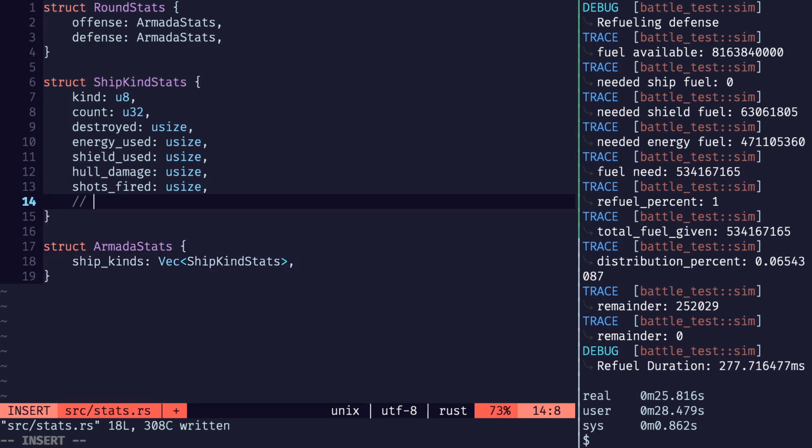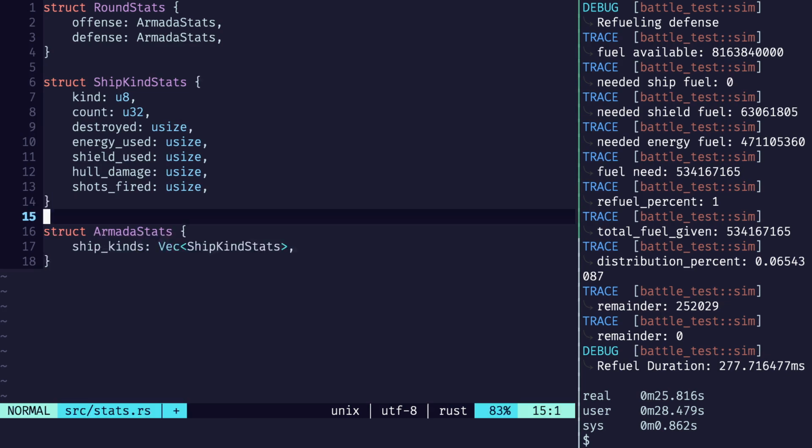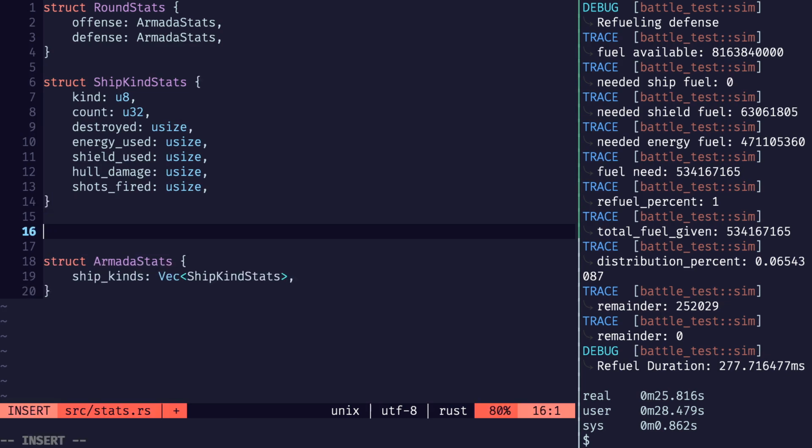I think the one thing that I miss out of this is how many ships did they actually kill? And that's not something that we can track, because a ship being destroyed might have been destroyed by more than one attacker. So right now, what happens is a ship attacks, the energy goes into a pool, the pool gets applied to